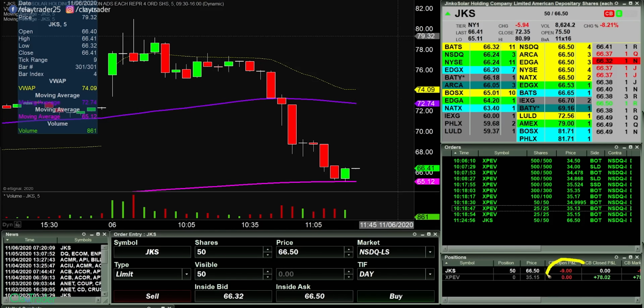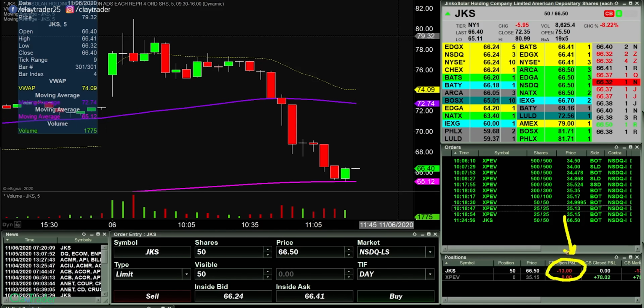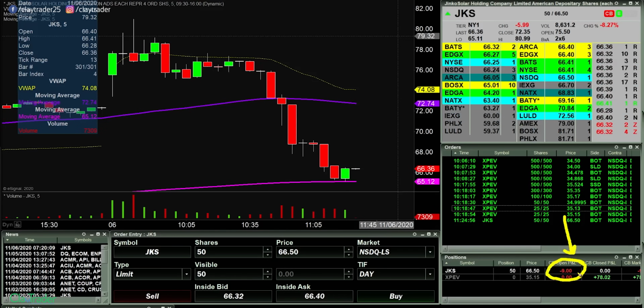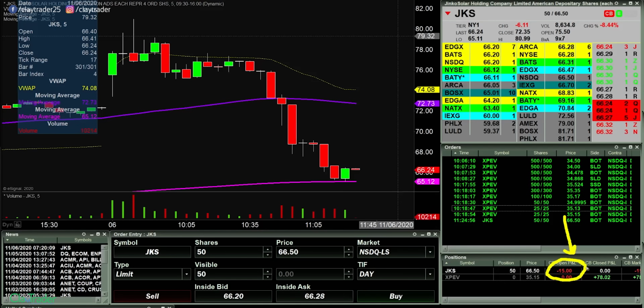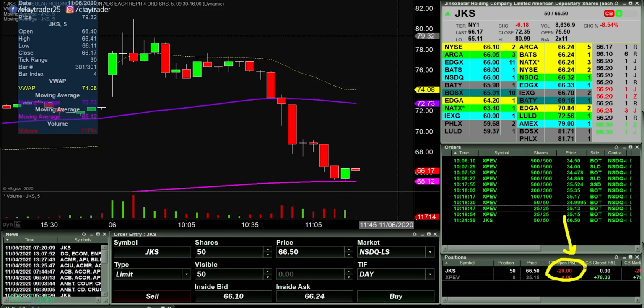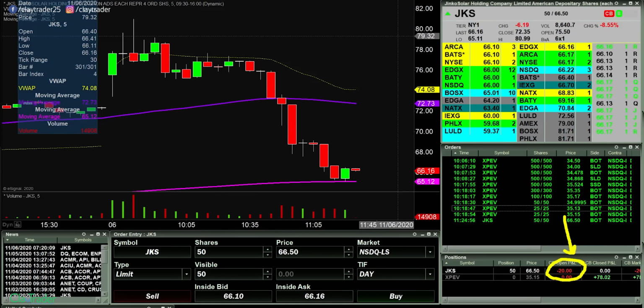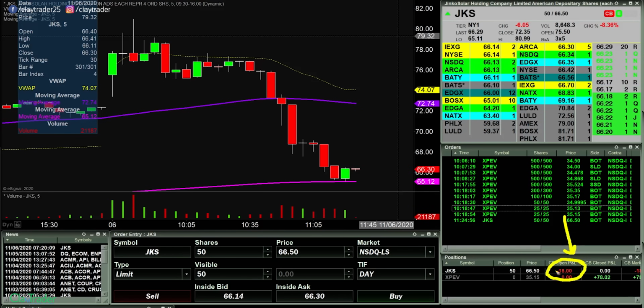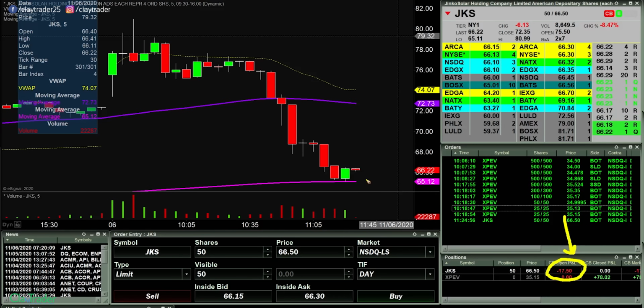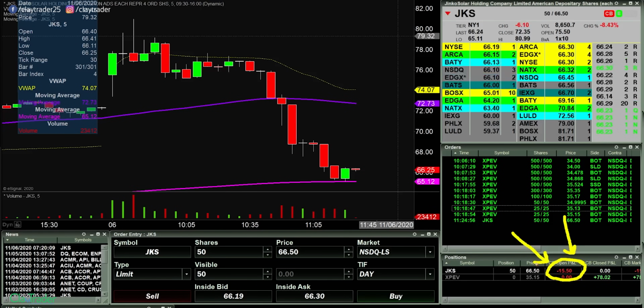And the goal here is you've got to get used to this number right here. On paper trading, that number fluctuating back and forth can freak you out. It can be a situation where things are getting scary, but you've got to get used to it. So that's the whole goal here, being aware of that. I might actually lose more, and I'm trying to talk, so I might not be able to get the buttons where I need to, but that's okay. That's what I want you to get used to. And this wasn't necessarily the best trade, but just to illustrate the point, the whole goal here is for you to get familiar with how that feels, to watch money.